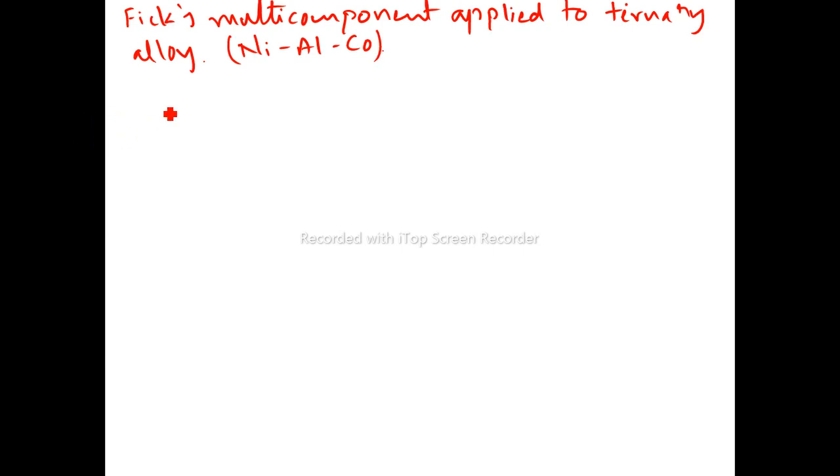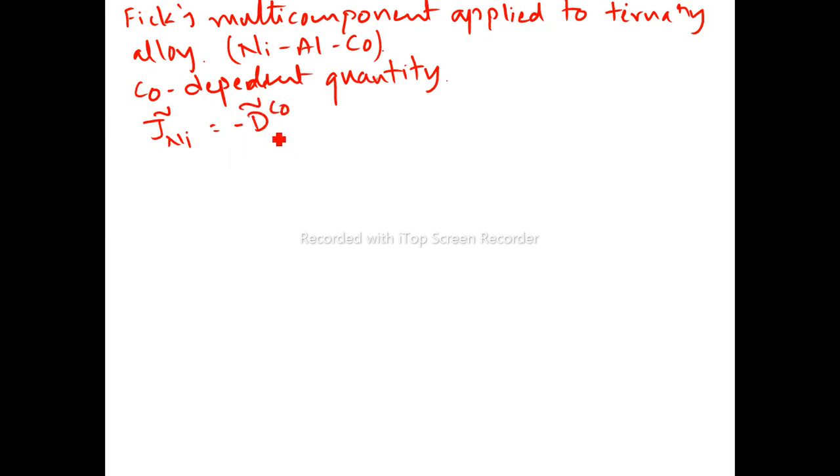Then, by considering cobalt as the dependent quantity, we can write the flux of Ni tilde as minus D, with cobalt as the dependent quantity, Ni and the concentration of Ni into ∂x, cobalt into Ni, and here it is aluminium,